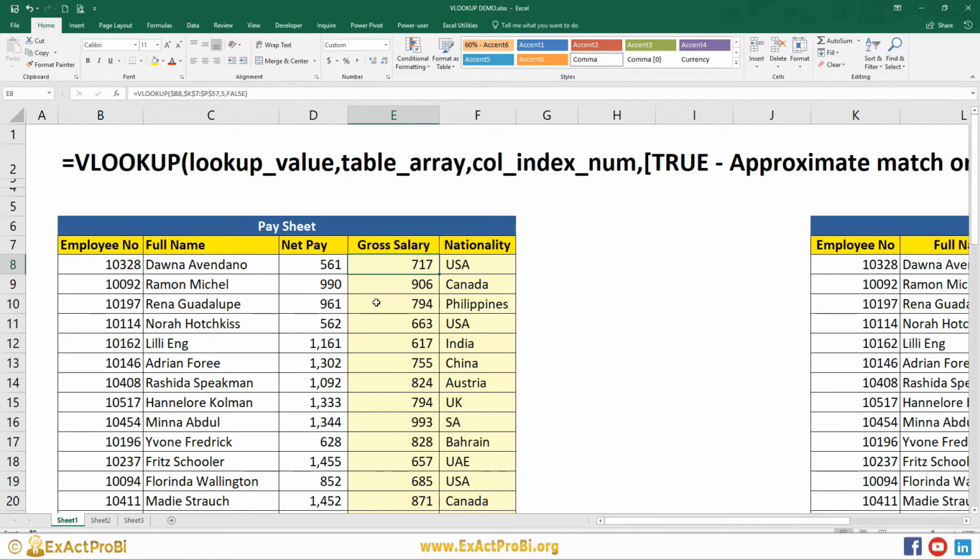So these are the fundamentals of the VLOOKUP function, and you can derive values from another table for the same matching lookup values. If you have any questions regarding the VLOOKUP function, please let me know. I'll be doing more advanced VLOOKUP function tutorials soon, and will also be covering approximate match and wildcards.